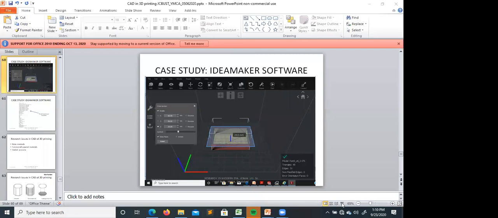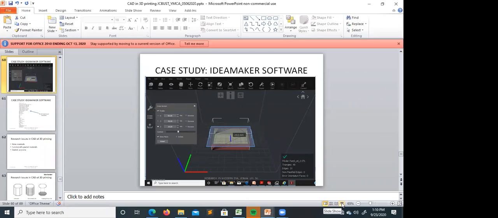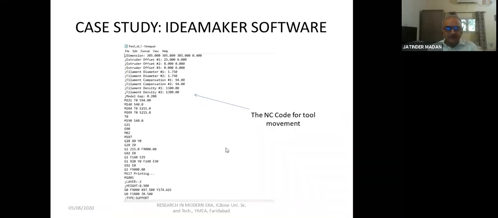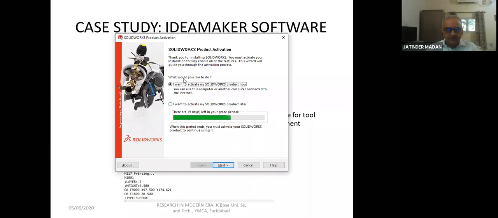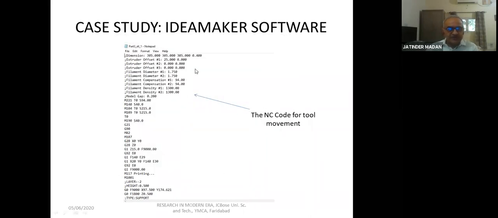I'll show you. It is better understood with the help of some kind of example. So let the software open. We'll continue with this. It takes some time. Okay, I'll continue with this and come back when the software is open. Okay, now you see, once you have this information, layer by layer information, that means the outside periphery and inside periphery,